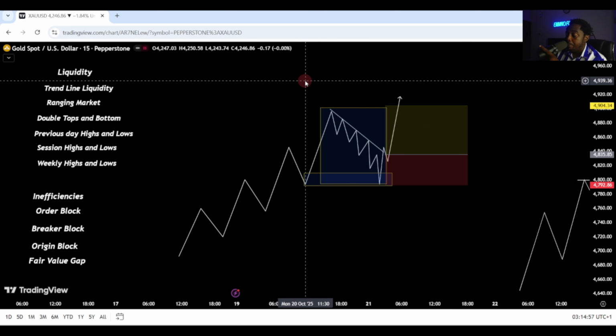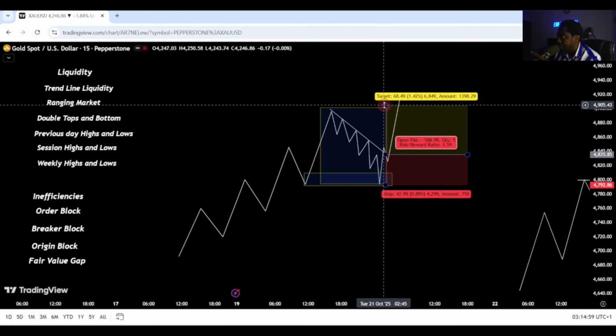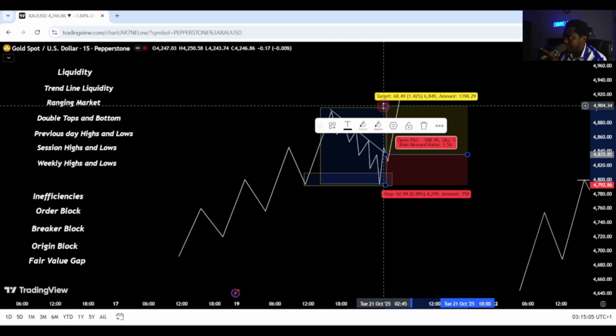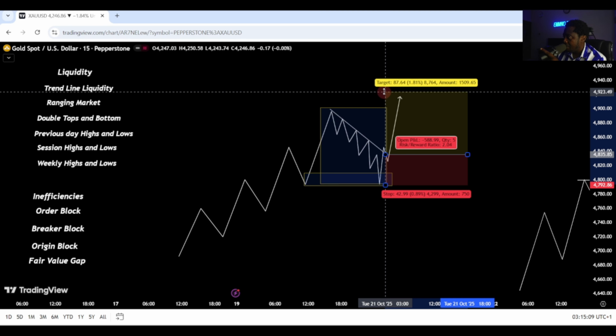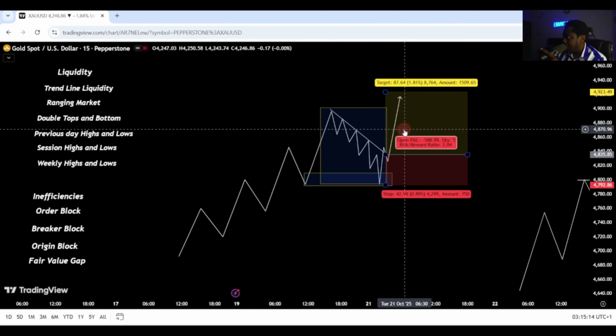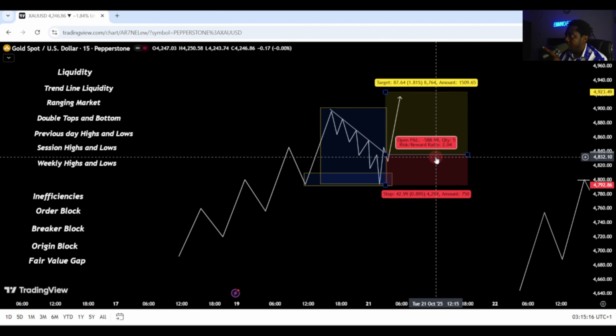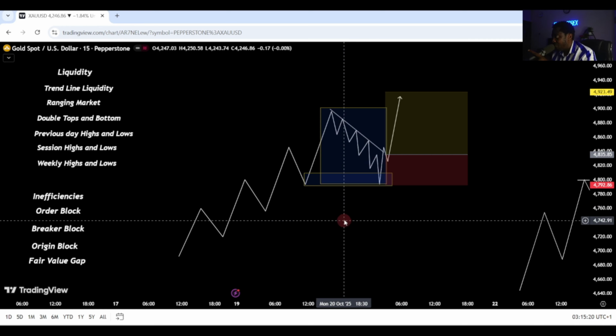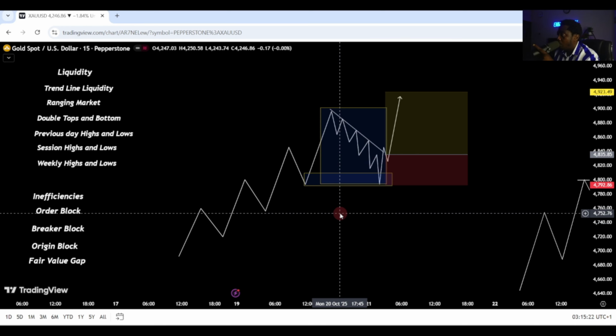And for a bonus tip, whenever the price takes the Asia high, you will likely see 2 or 3 candles moving in the same direction. So let's assume this is the high here. If price takes the high, you will be seeing a movement at least towards this region here. So this is a 1:2 trade. Beautiful setup. All you need to do is just watch, mark out the Asian range